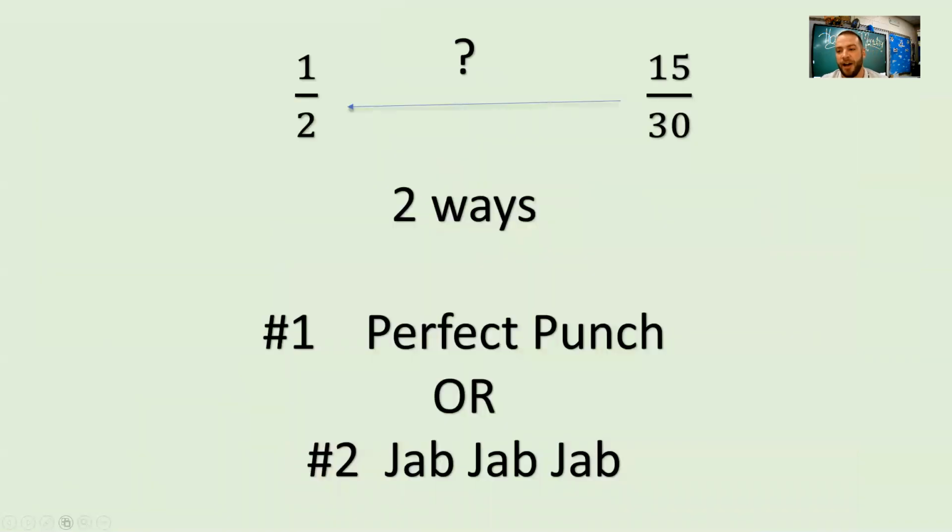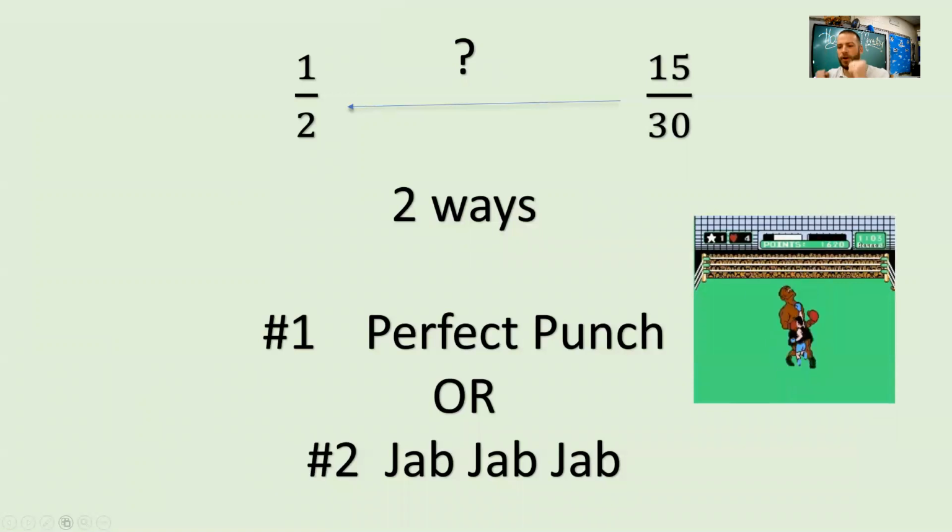So the way I've always taught my students how to break a fraction down to make it smaller yet equal, there's two ways. You can figure out that 15/30 is 1/2 by giving it one humongous punch, or you could do a little jab, jab, jab, jab, jab, jab, jab. There's two options. Usually my students like the jab, jab, jab method better. However, I teach both, okay? So first,